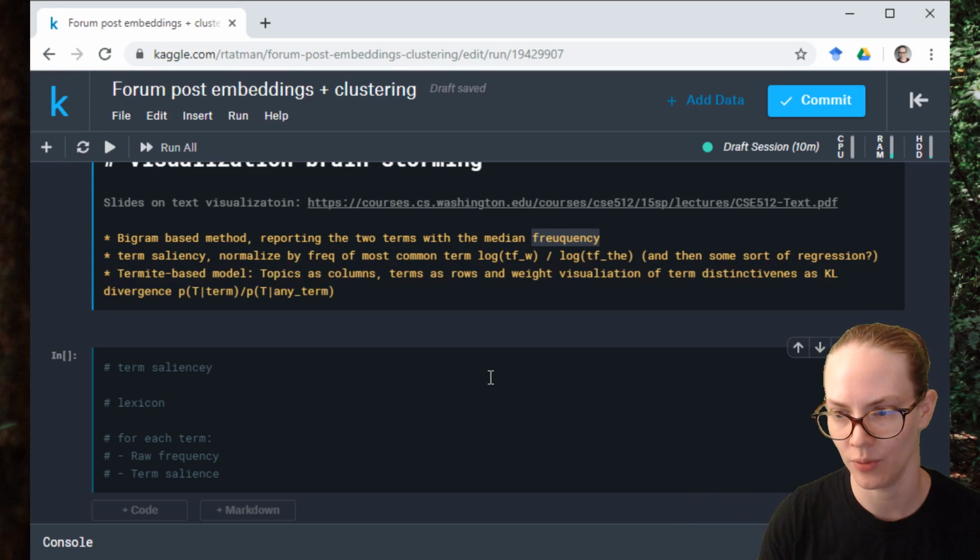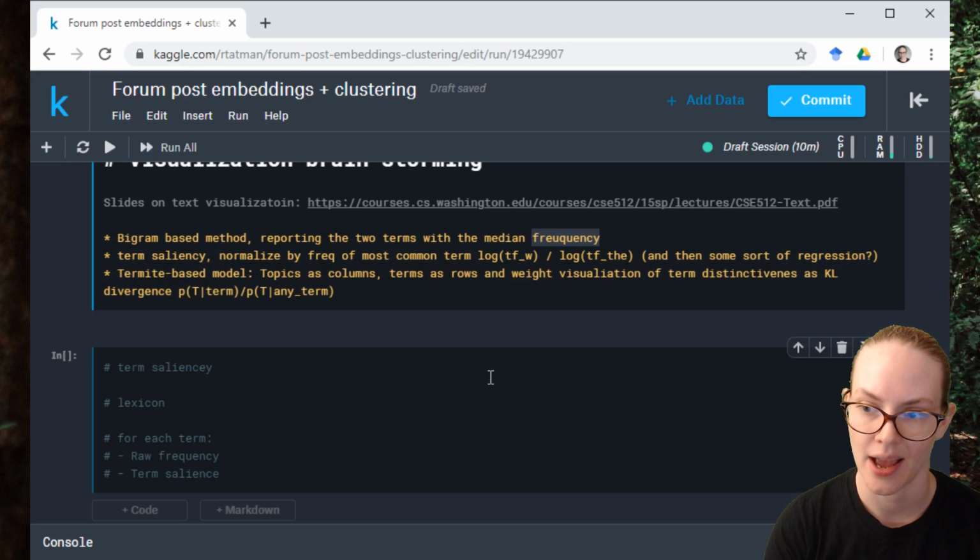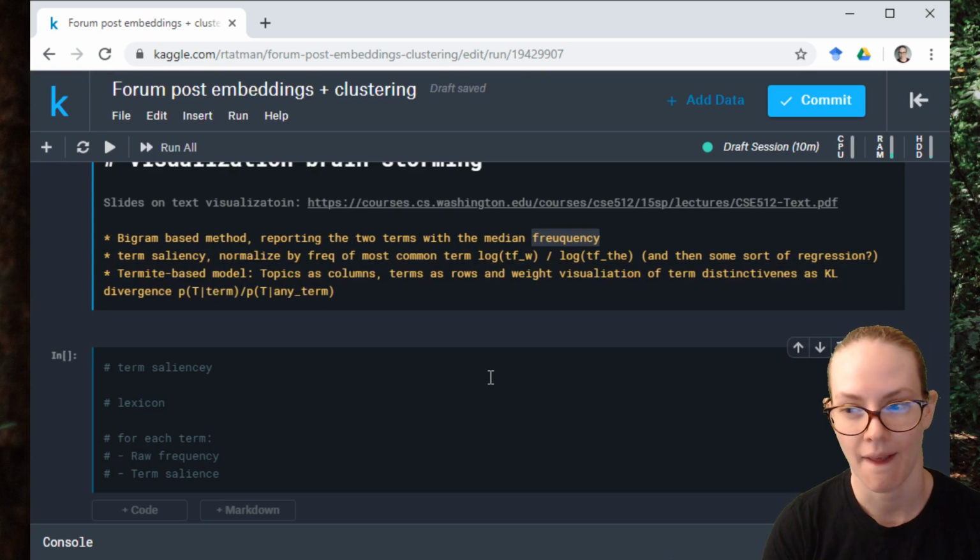Maybe I actually don't want a dictionary. Maybe I want to do this in a data frame or an array. So the reason that you would want to do it in a dictionary is because when we apply this, we're going to want to look up every term in our topic, and lookup in a dictionary is significantly faster than in an array, because it's constant time, because it's hashed, but arrays aren't hashed. Arrays are indexed.